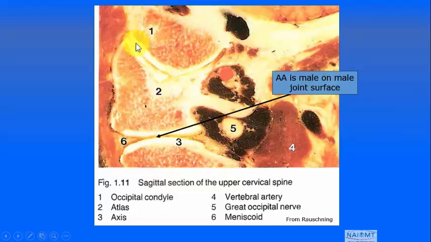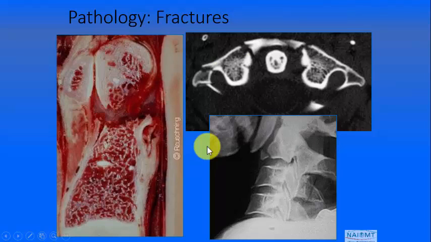We see convex superior occiput, concave atlas, and with the living cartilage in place, as we see here, we see that both the axis and the atlas form convex surfaces, convex-on-convex joint surfaces, which is quite unusual arrangement. If we look into fractures, particularly in the upper cervical region, this is another